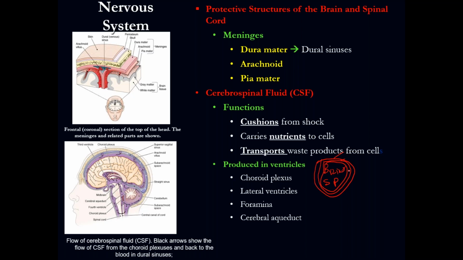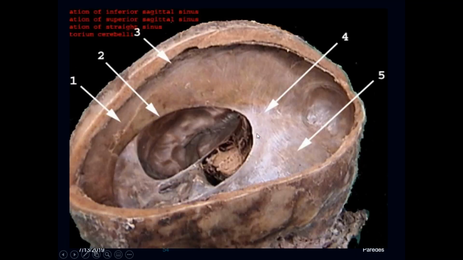Okay? In between the arachnoid and the pia mater, there is fluid in the subarachnoid space, that is called the CSF, the cerebrospinal fluid. So this is going to be for protection, of course, cushioning from shock. When you hit your head, it's going to protect you because that fluid is going to absorb the mechanical forces. So your brain is going to be protected, okay? All right, so let's keep going.